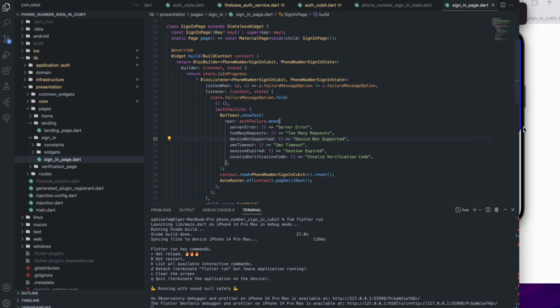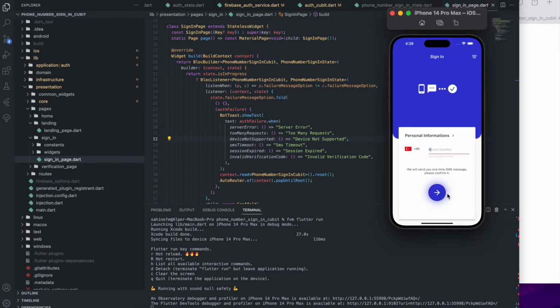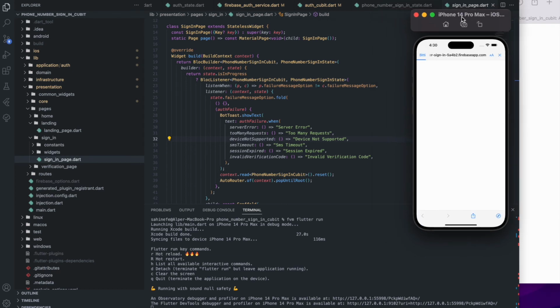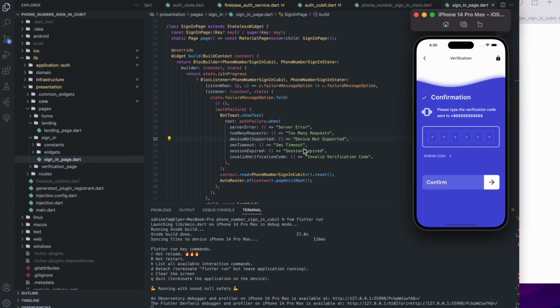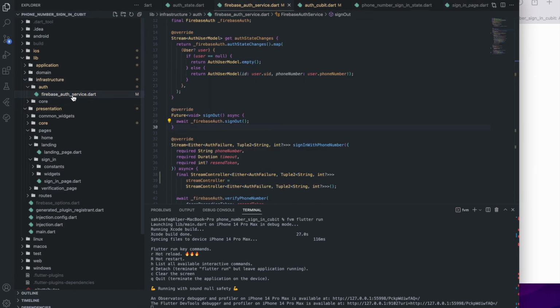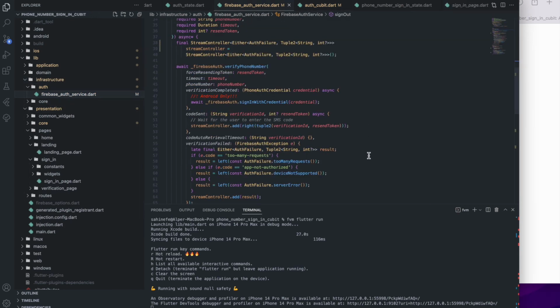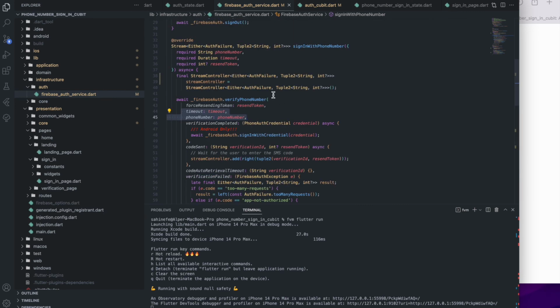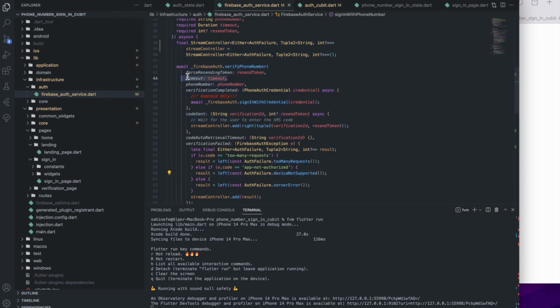And I remember that we did some things like this, and we wait 60 seconds, and we have no SMS timeout text, right? We waited previously here, but as I said, in the instructor folder and Firebase auth service section, I didn't do the retrieval timeout section. I mean, as you know, we have a normal timeout, but I don't know what's going on here for the timeout section. But anyway, let's go back